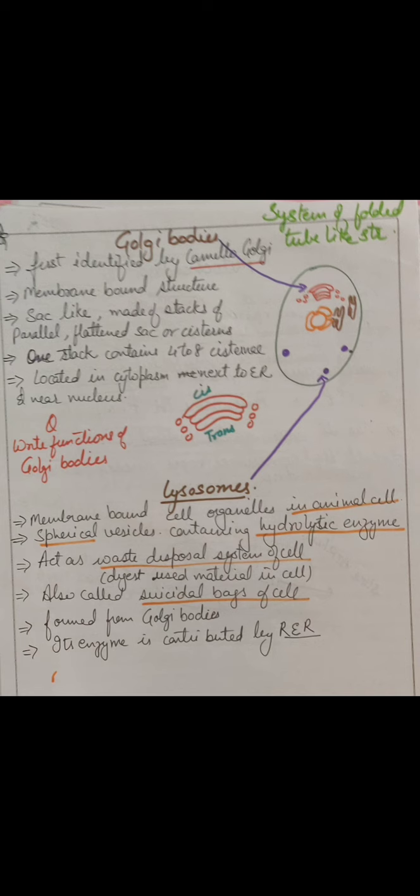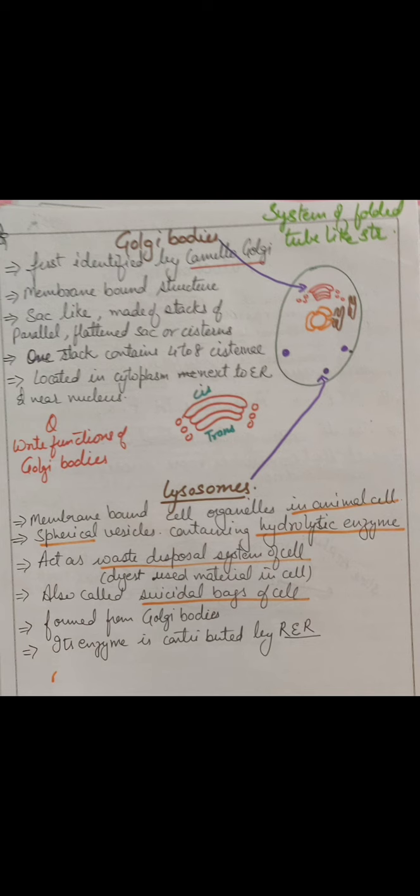One stack is a pile. In one stack they can range from 7 to 10 or maybe more in number. In this cell which I have drawn, I have made a pile. But if it is a plant cell, then this piling is not there. Then these parallel tubes of the Golgi apparatus are present in single form, scattered within the cell. There it is not called Golgi body. In the plant cell, they are called dictyosomes. So this system of folded tube-like structures present near the nucleus, formed by the endoplasmic reticulum, clear? And this stack is called the Golgi body.